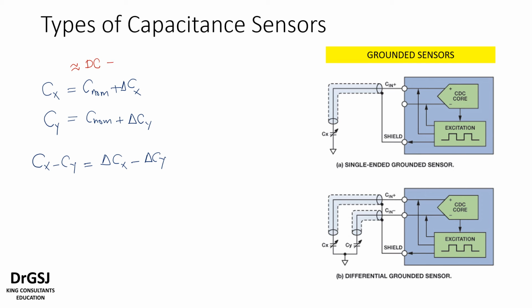And what is left over are the AC components, right? Which can be utilized. So this is the advantage of having differential sensors, wherein if any noise comes into the system, it gets attached to the DC component in the capacitance. So any noise or impact of the excitation value,